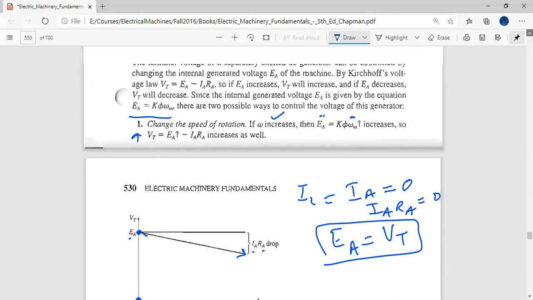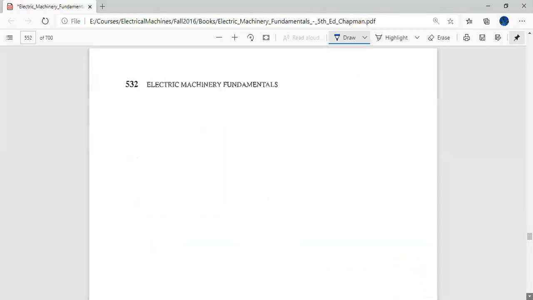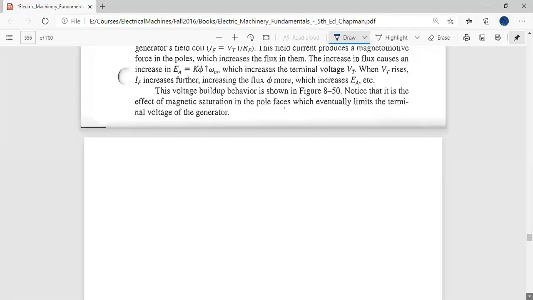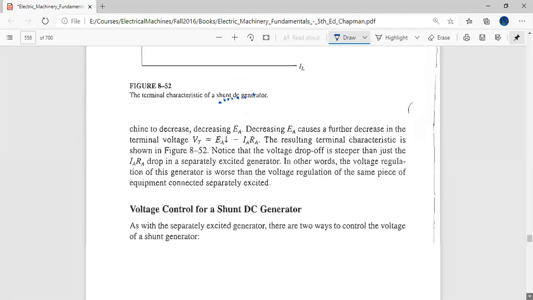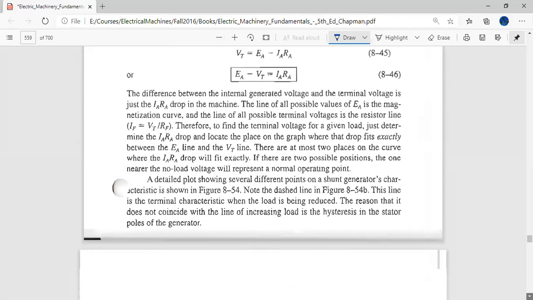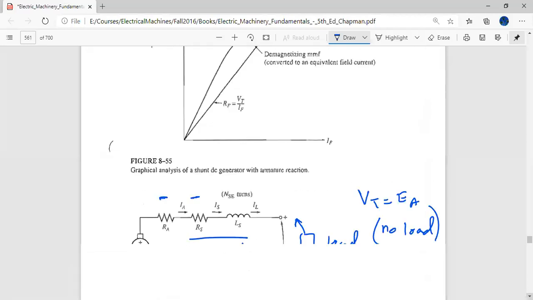Okay. So we come to the last type, which is the series DC generator. And this is very much like the series DC motor. And the detail you can see in that lecture, because I just want to go to some practice numericals.